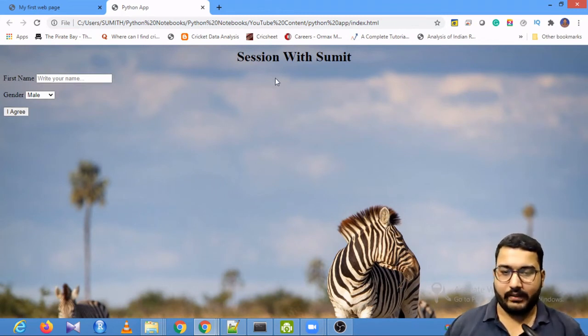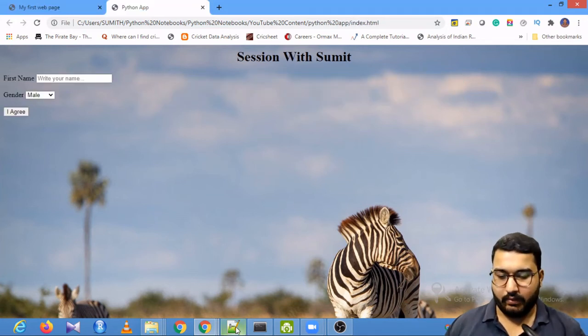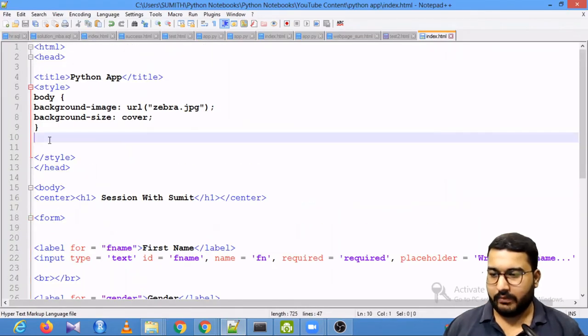But the problem is that they are not visible to me in this format which I need. So what I will do, I will just try to add some CSS style to make them in a correct format. So the very first thing that I need to do is to make this form appear in the middle, because if you look at over here, this is in the middle, but it is not in the middle over here. So that is what we will do over here.